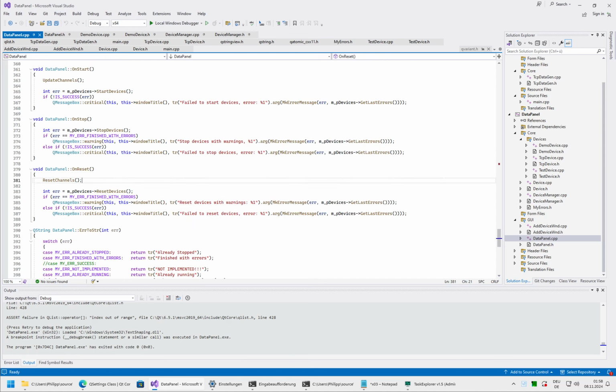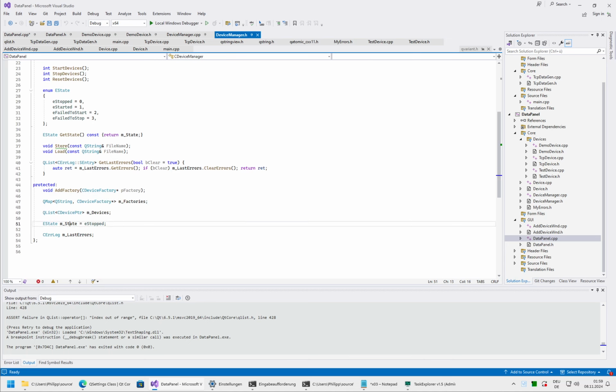On reset change, yeah, reset device. So here we need to check. We don't have an is running. Oh, we don't. Then we need to add it. Device manager. Start devices, stop devices, state. We have state. Okay, we can use get state. So if get state is